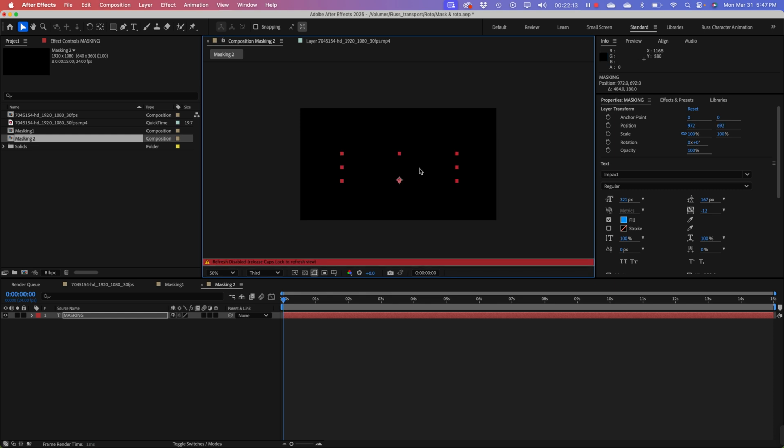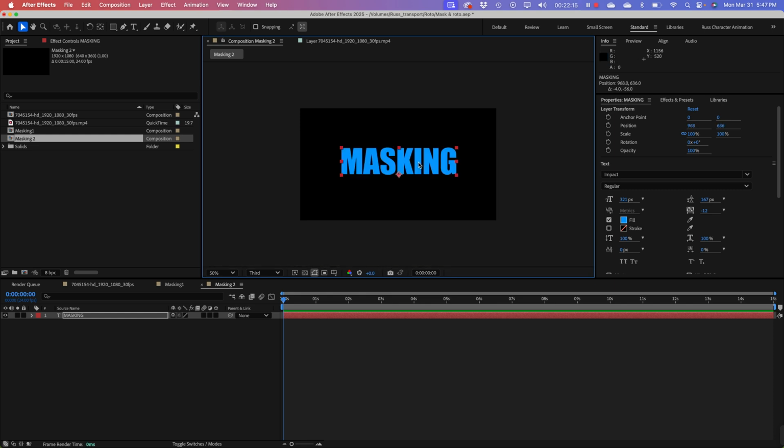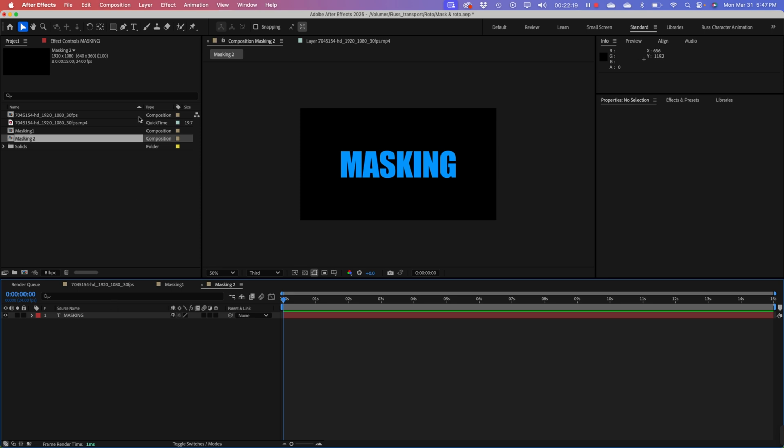Set it kind of right in the middle. This time, rather than doing a shape mask like I did before, I'm going to use a black and white. I'm going to use a black object. So the difference between these, the looks are similar, but the primary difference is this time,